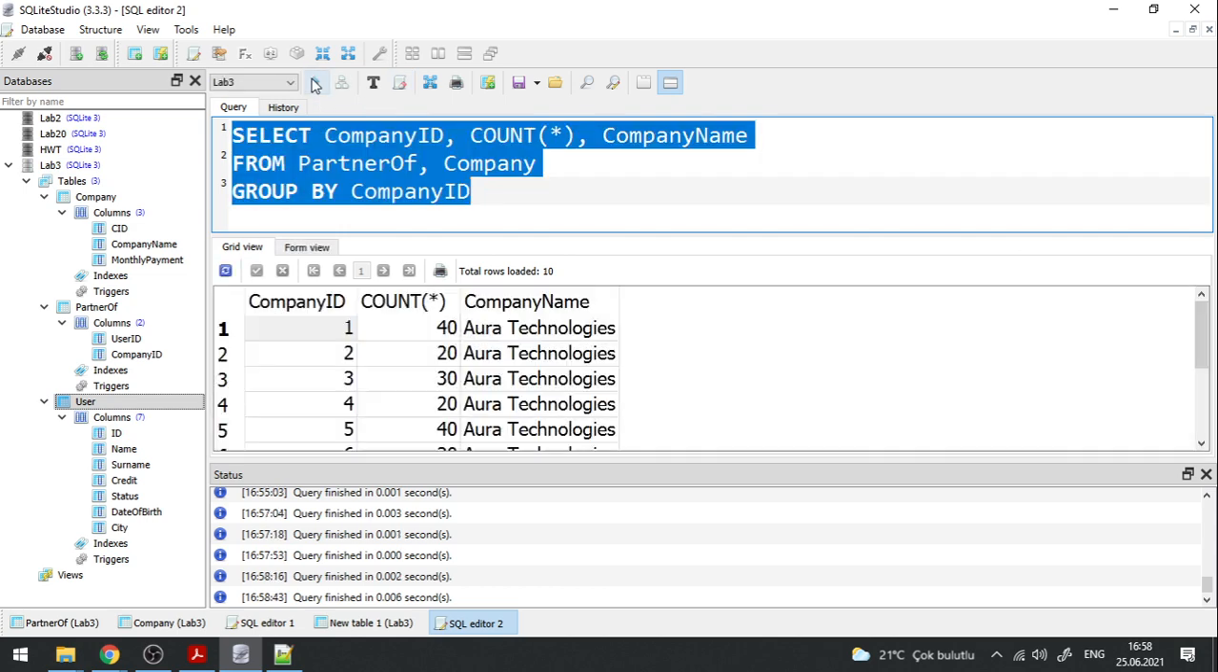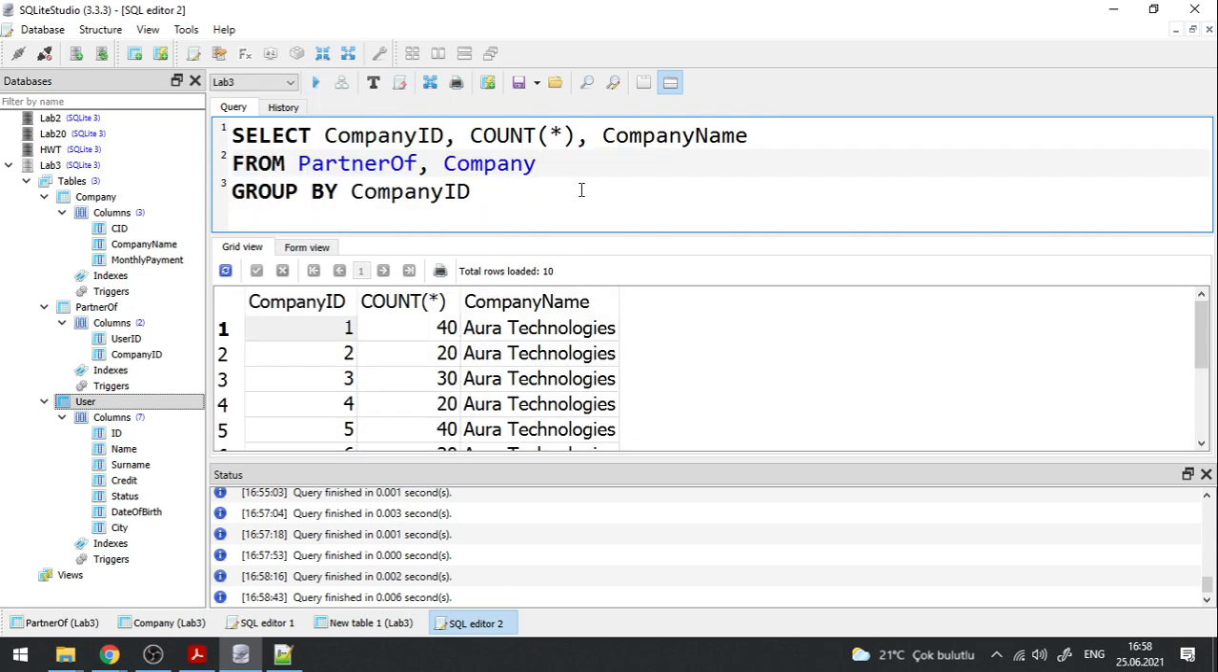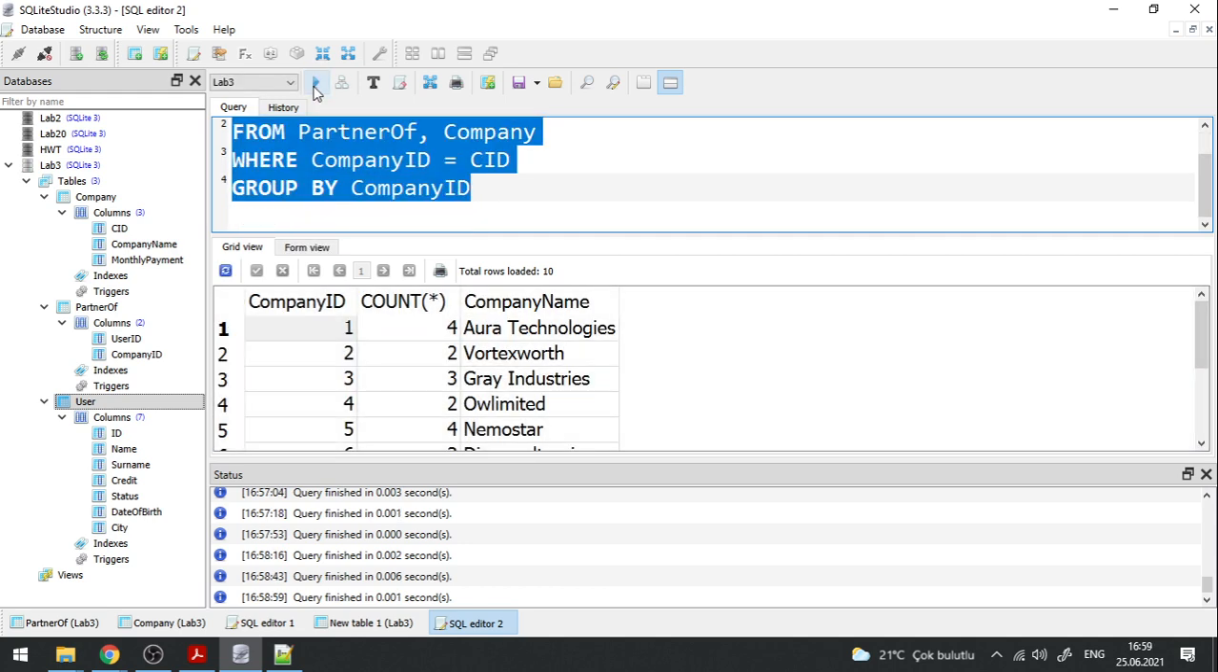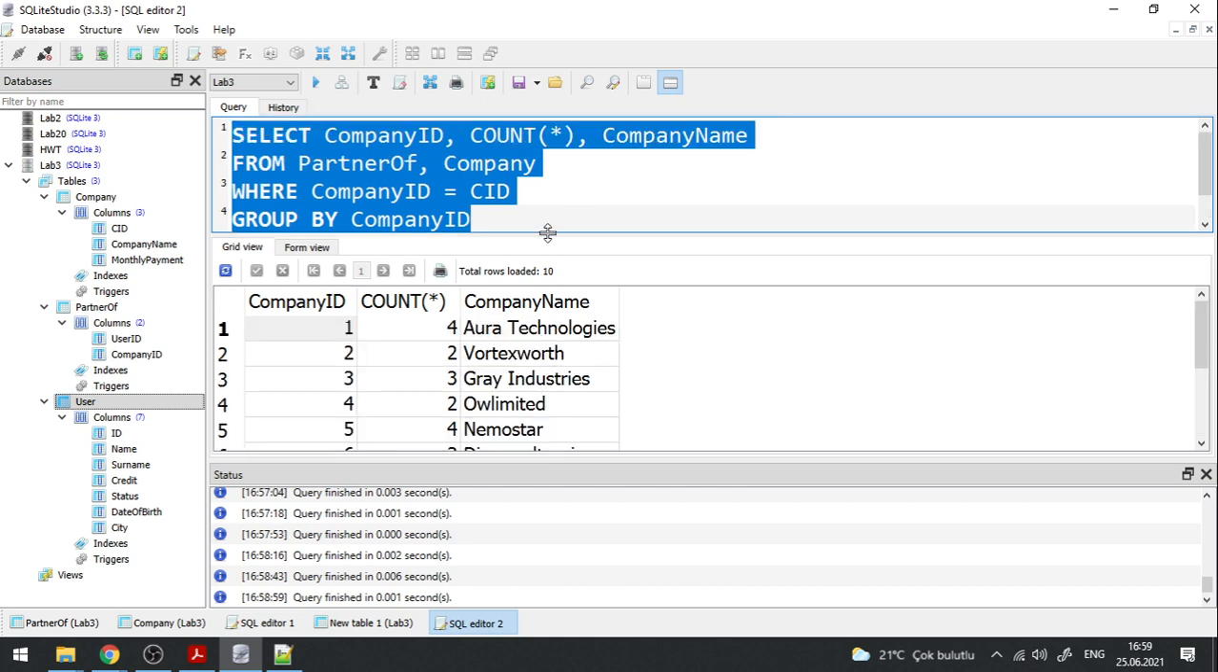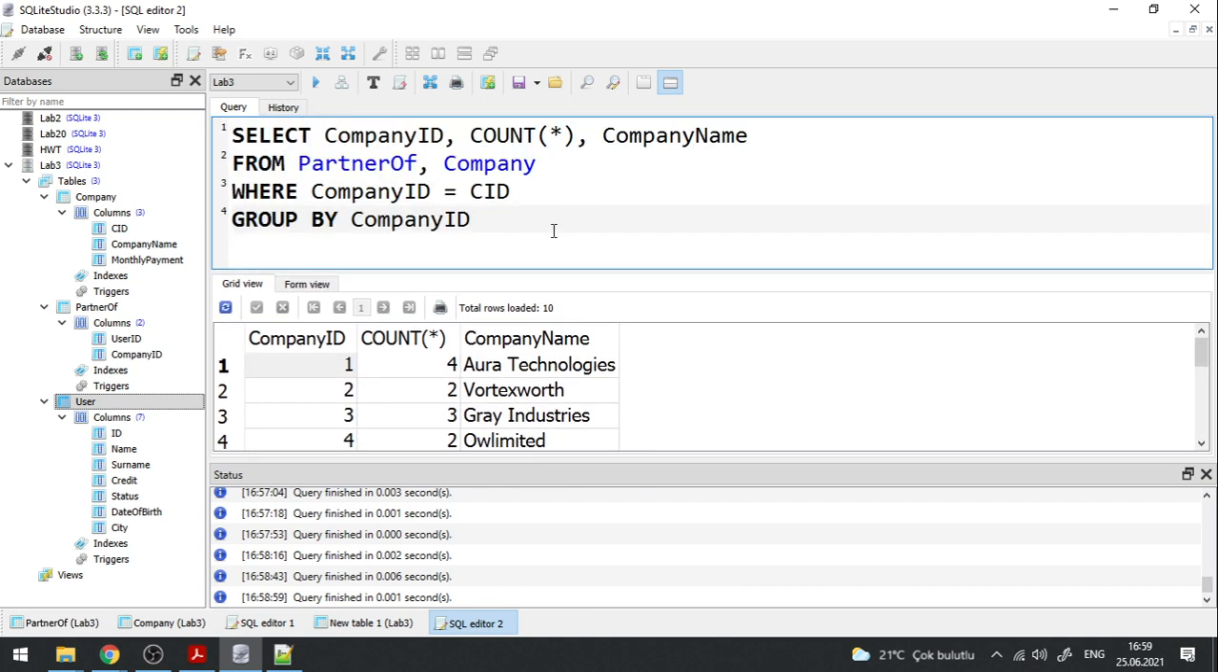If I just included it, it is going to make the Cartesian product. Remember, we need to specify the join conditions. So where from the partner of side I have company ID, this should be equal to the CID from the company table. So if I run it like this, it is going to this time display the company name, but we are not following this